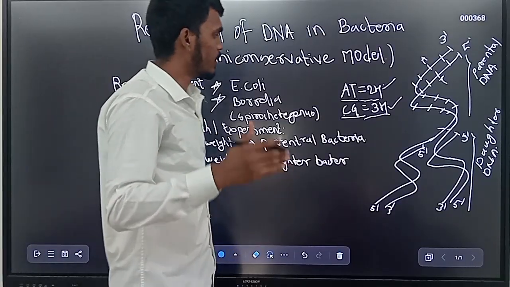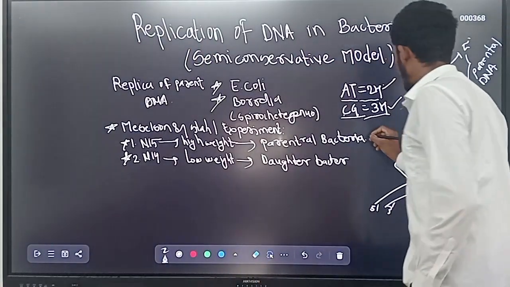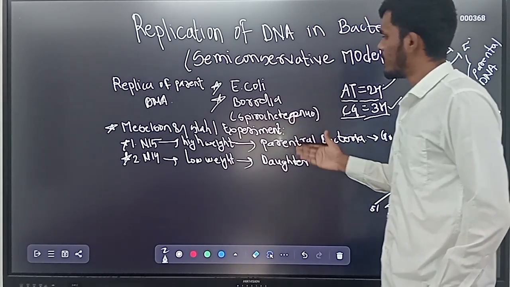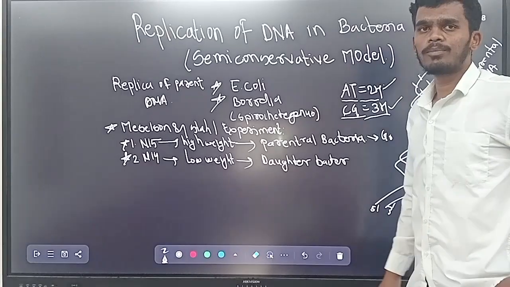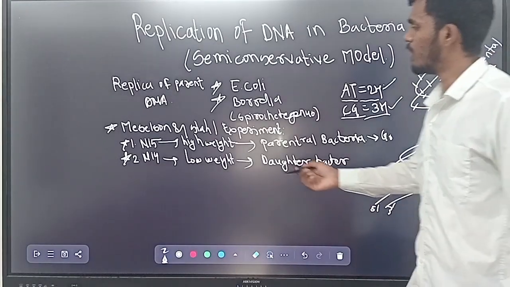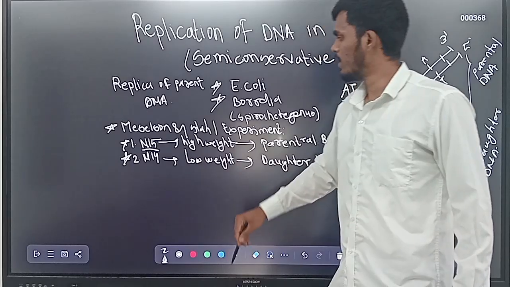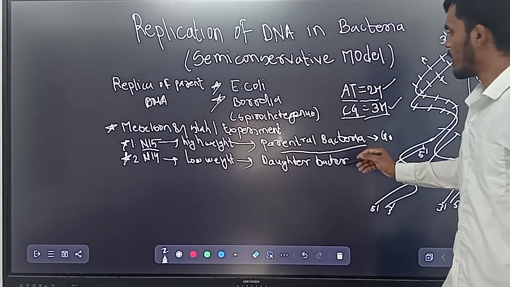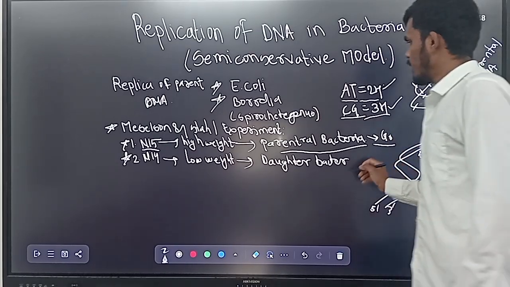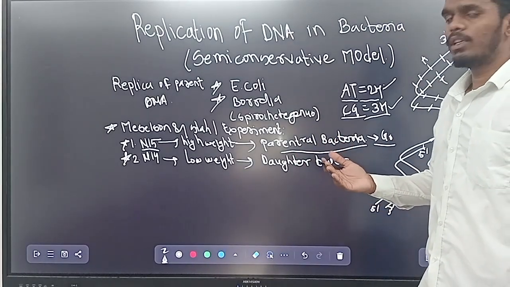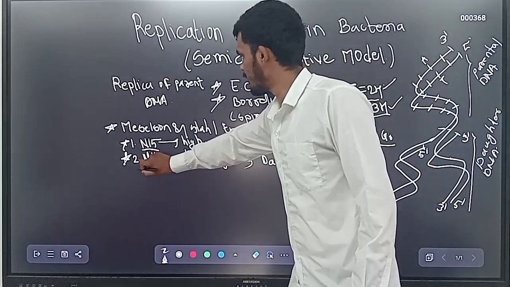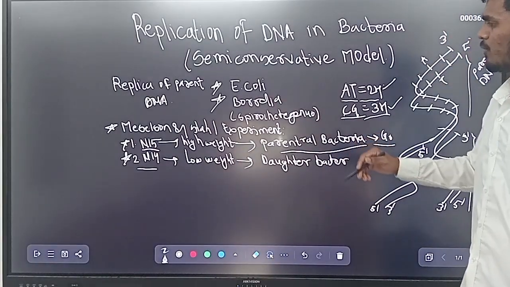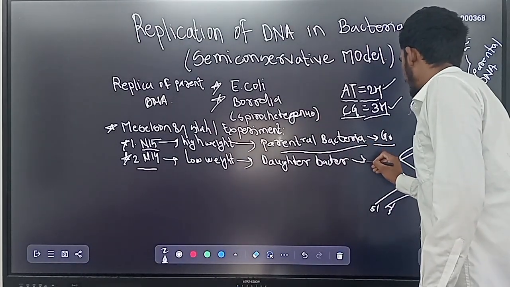So the generation 0 or G0 will be grown in a medium which will have nitrogen 15 as the nutrition source. The nutrition medium will be such that nitrogen 15 will be present as the source of nitrogen, and after that we will extract the parental bacteria or generation 0, and then we will take them into the medium which will have nitrogen 14. So this is the Meselson and Stahl experiment, in which we will then grow the first generation,